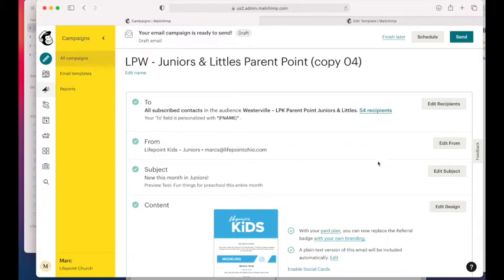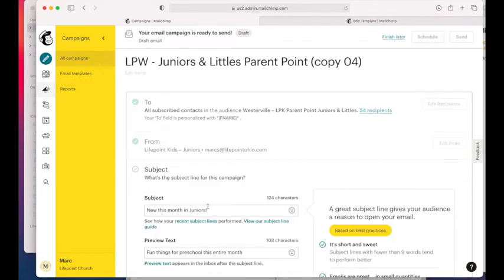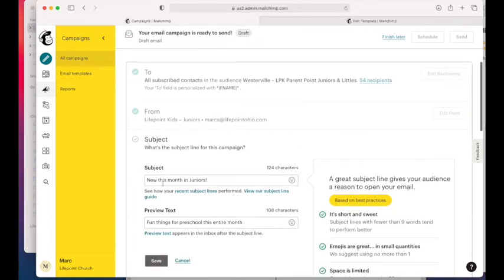So the reason why is because if these stay the same every week, not only do parents kind of start to ignore them, but spam filters will pick it up, and it'll start going to junk mail in people's computers. So if we just edit the subject line each week and do something new, which I've already done, then it will not go to people's spams, and you can just make it real short and sweet,